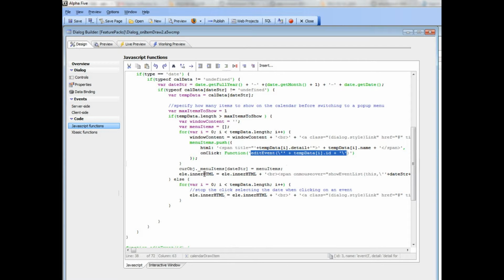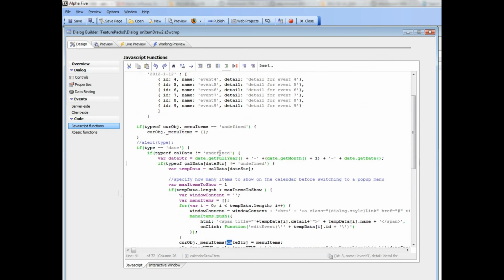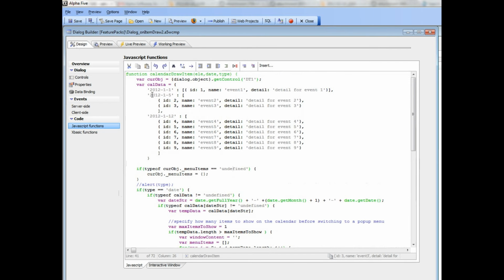And then what we're doing is we're storing inside the menu items object the array for this date. So there's going to be an array in menu items for all of the dates for which there were multiple events. So there's going to be an array of menu items